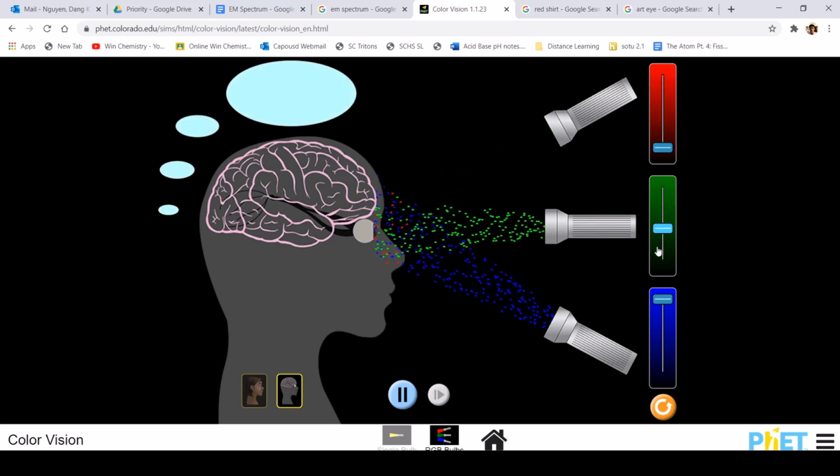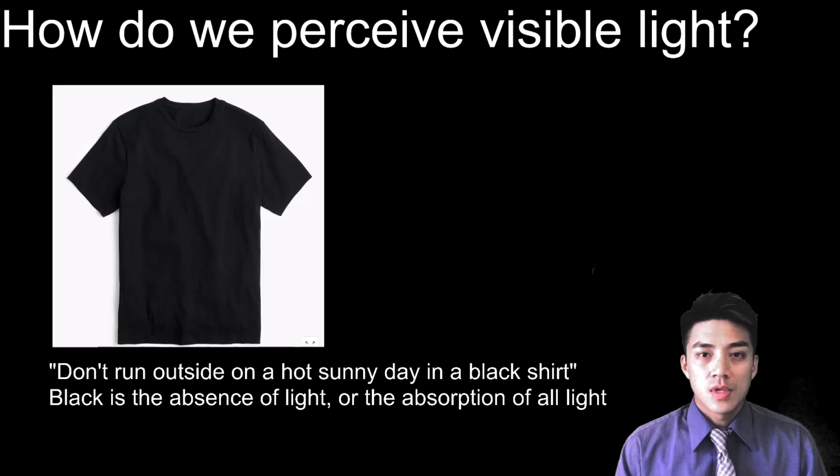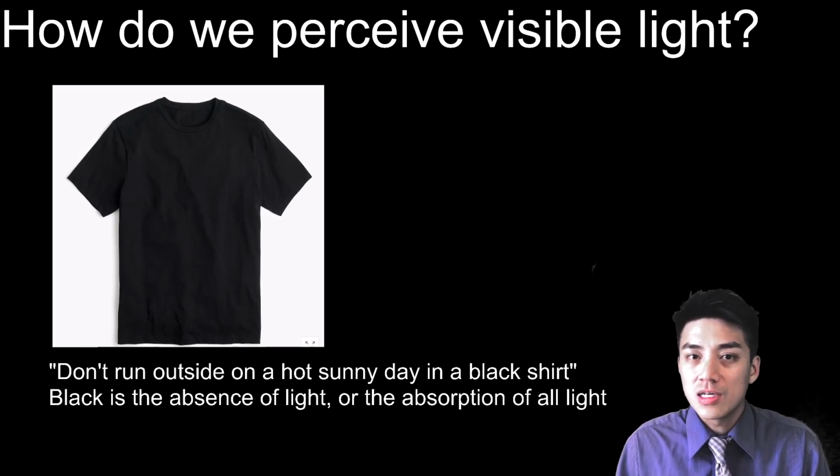Now if you tone these all down, guess what you have? You have black, or darkness. So black is the absence of light, or the absorption of all light. If you've ever heard anyone say, don't run outside on a hot sunny day wearing a black shirt, they're probably right, and that's because black is the absence of light, or the absorption of all light. So black materials or black pigments tend to absorb a lot of heat and light,